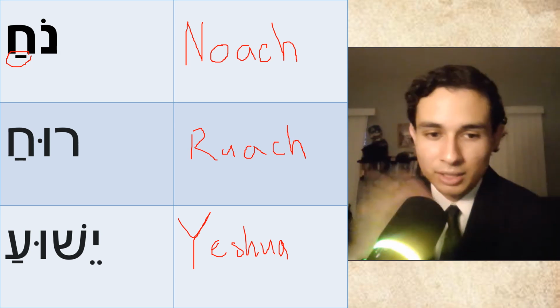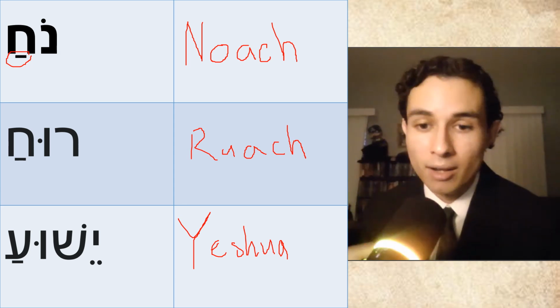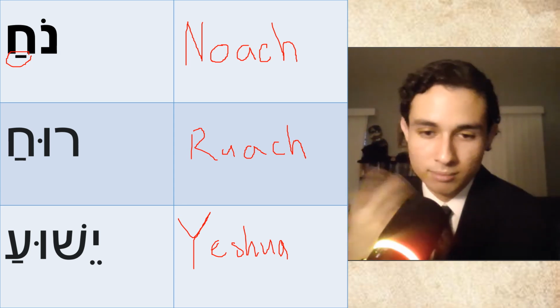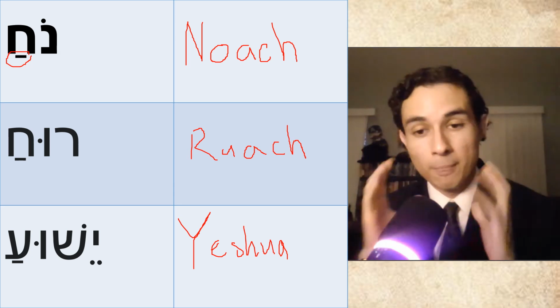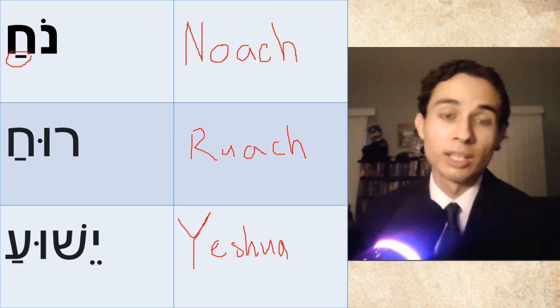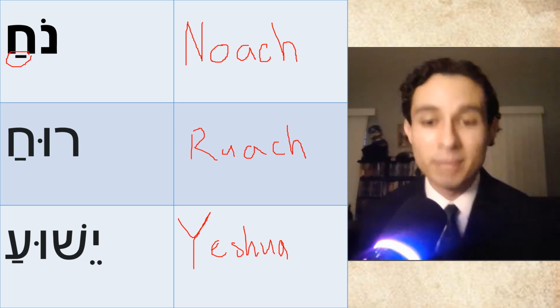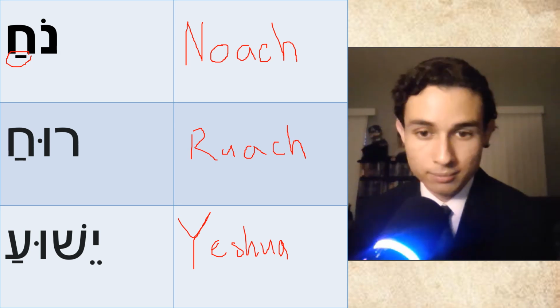The ayin is not treated as a glottal stop. It's just yeshua, instead of yeshua with the glottal stop. That ayin is supposed to be a pause. But anyways, you see here the rules are reversed. Again, the patach at the end of a word, when it is only under these three letters, the chet, the ayin, and the mapik, it is reversed. That is the stolen patach.